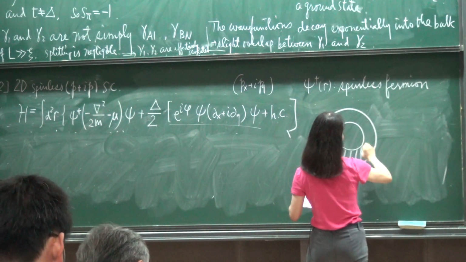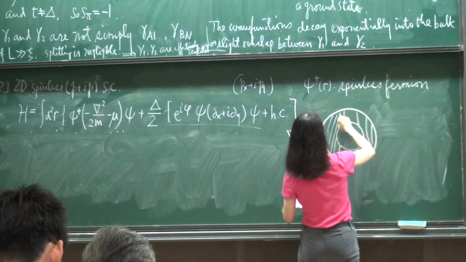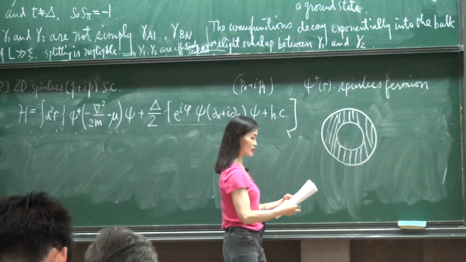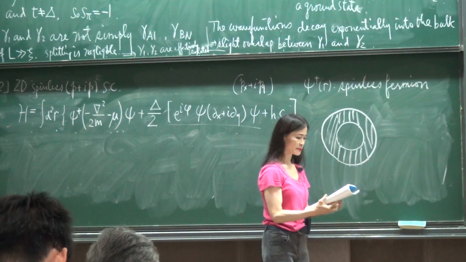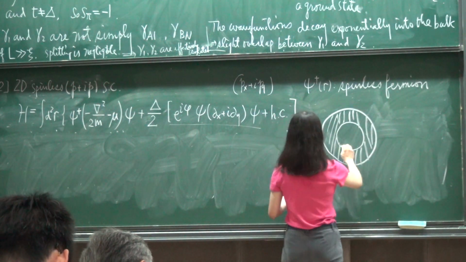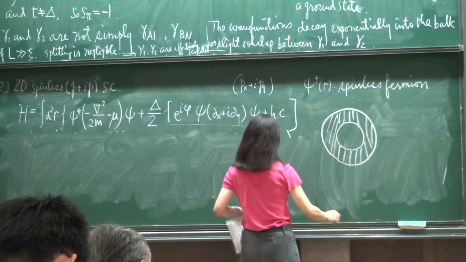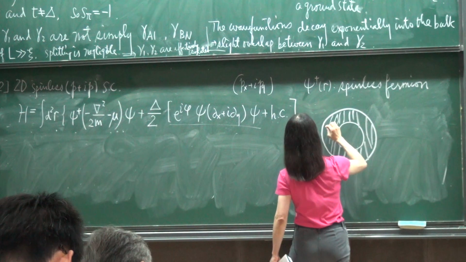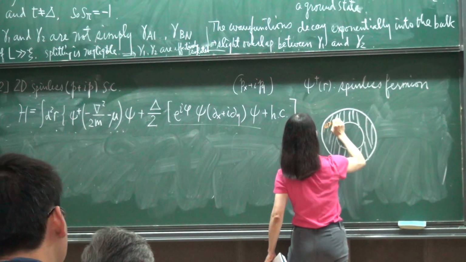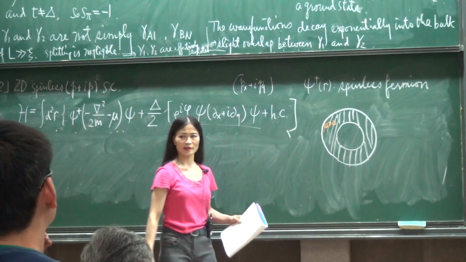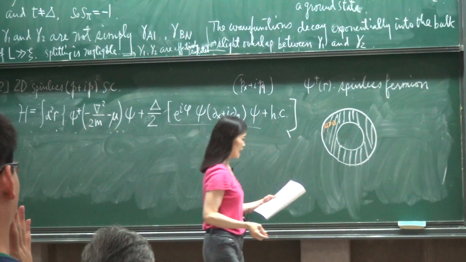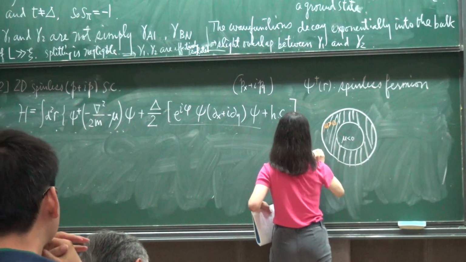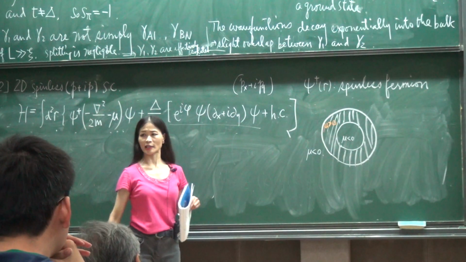So this is what I was hoping to be able to derive with you, but I think I'm quickly running out of time. So I will just describe it qualitatively. But in principle, you can solve this problem. So I have an annulus like this. And this shaded area is a topological superconductor. And inside, I have mu greater than 0, so it's topological. Outside of which, I have topologically trivial states.